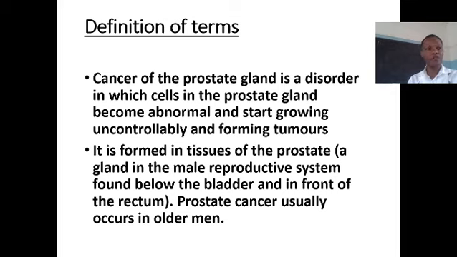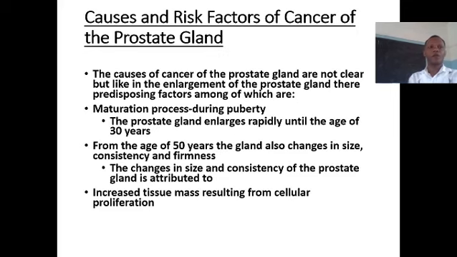The prostate is a gland in the male reproductive system, found below the bladder and in front of the rectum. Prostate cancer usually occurs in old men, but not always. The causes of cancer of the prostate gland are not clear, but like in the enlargement of the prostate gland,